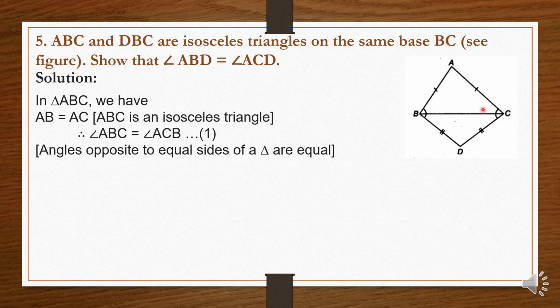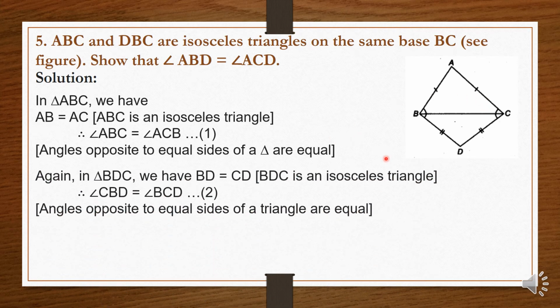by theorem. Again, for the other triangle BDC, we can already see in the diagram that BD is equal to CD. Since BD equals CD, using the same theorem we can say their opposite angles here are also equal, that is angle DBC is equal to angle DCB. Now what we can see here is this angle is equal to this, and this angle is equal to this. So if we add these two angles, we will get this complete angle ABD,